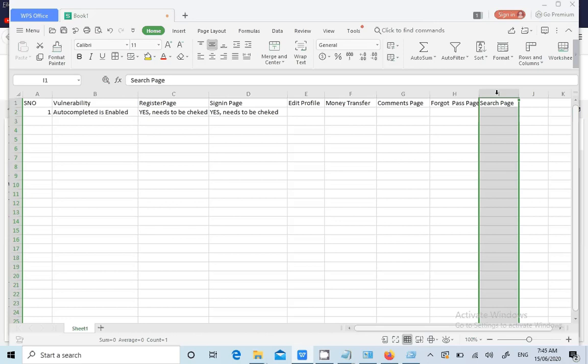Just for reusability and for business, the company makes sure that autocomplete is enabled. Yes guys, so now